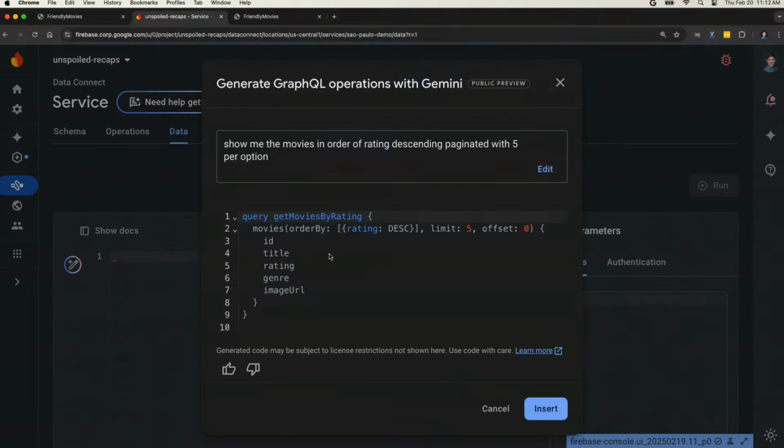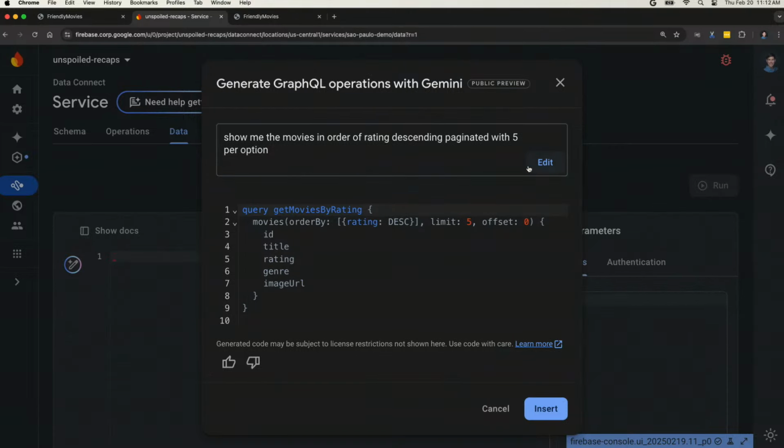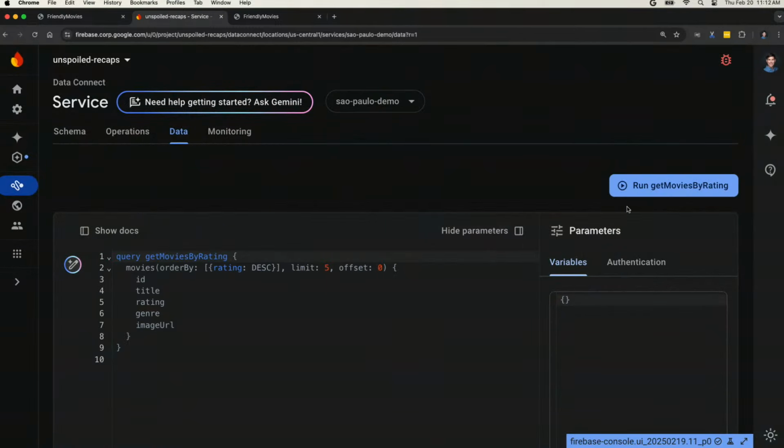So you'll notice here that I can go and edit this if I want to tweak it, or I can insert my query based on what Gemini generated for me. So I'll see here that it's looking for movies, it's ordering by rating descending, so it's going to have the highest rated thing first, limit 5, and then offset 0 for pagination. So we can insert this, and it looks like it works correctly, which is great.